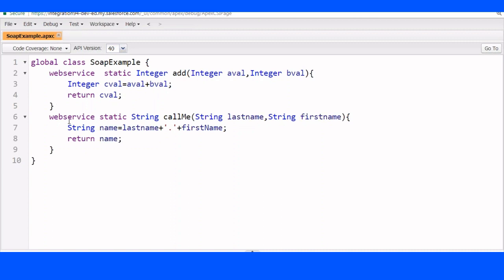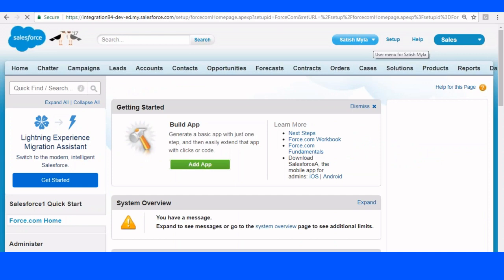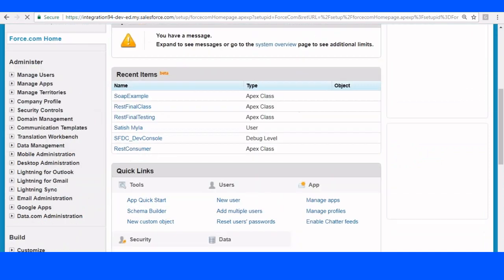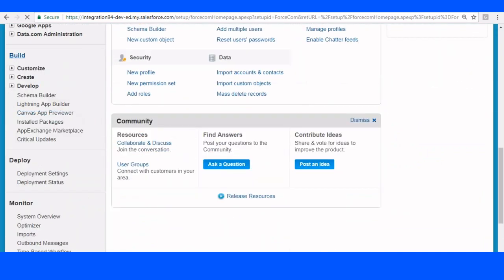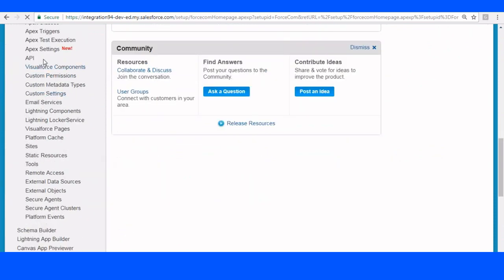Right. So how many web services did I define? Two web services. Now I have defined these web services, and I want to give them to my client, my boss. I have defined my web services; you can use these web services. How can I give them? Build, develop, Apex classes,